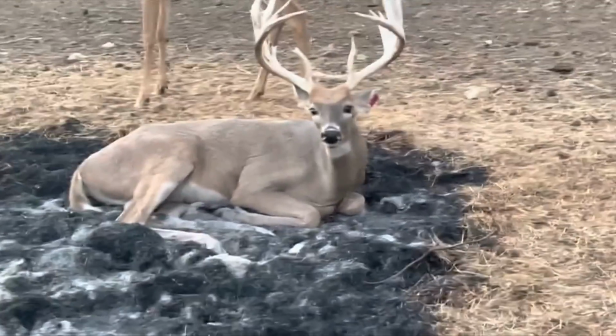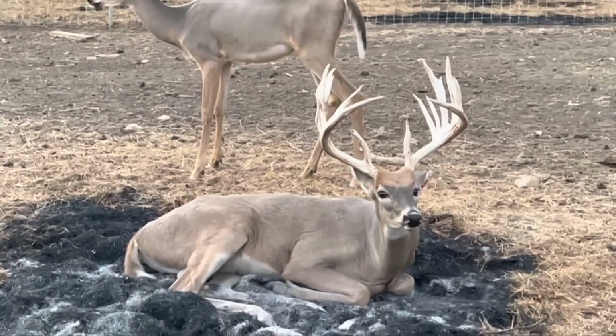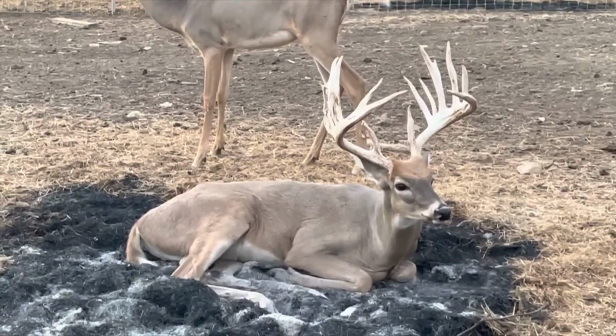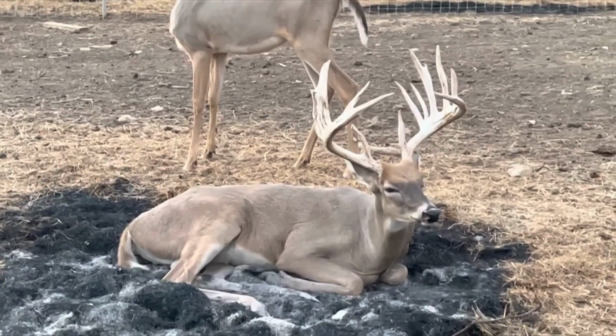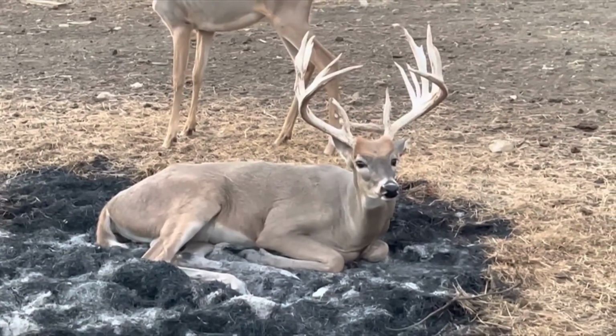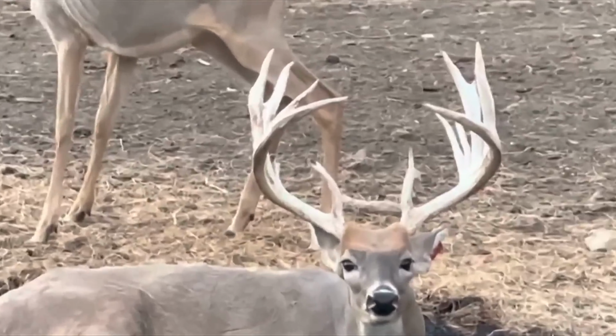He's just laying there in that hay, enjoying himself. He moved a little bit. He just simply repositioned himself. But if you take a look at him, he's fat, he's eating, he's drinking every day. We're watching him real closely. We have actually given him 3 or 4 shots this week of Exenol and of Draxin, and he just